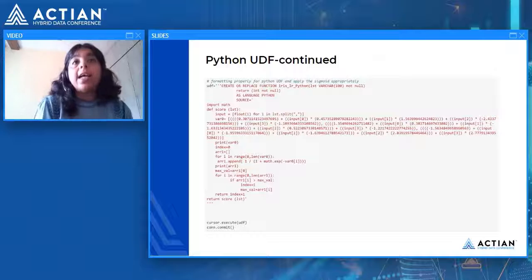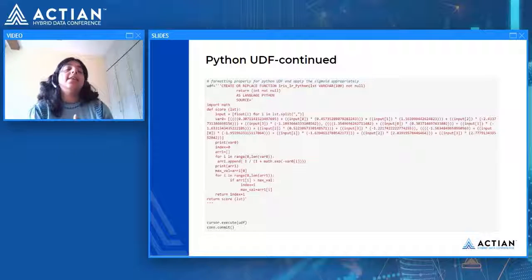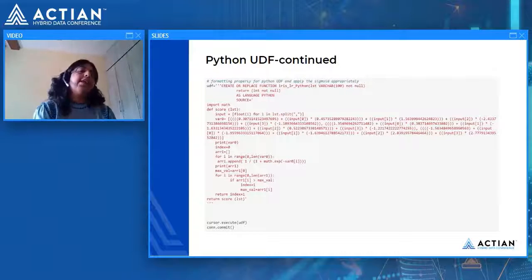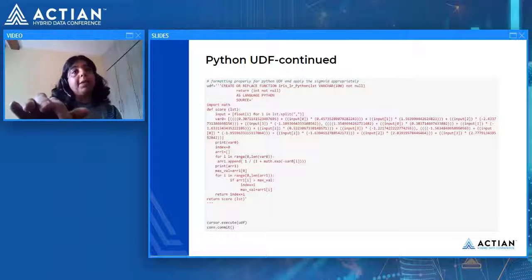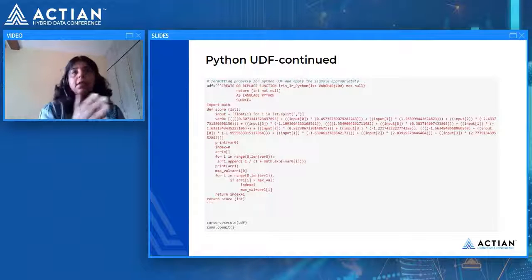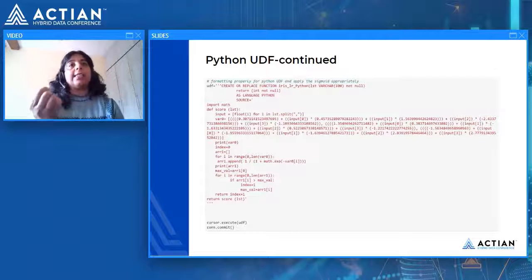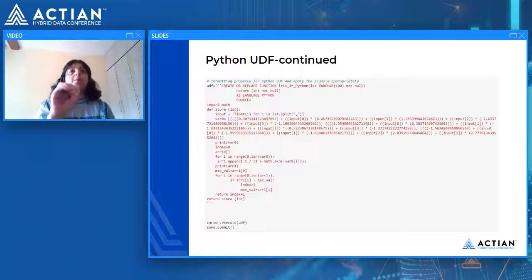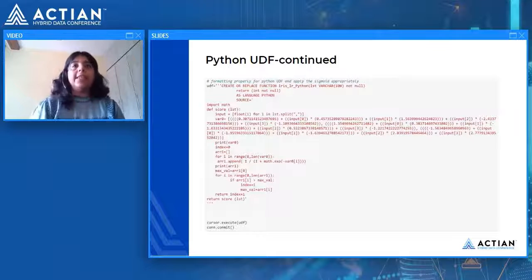And then whatever value I get out of it, I check which is the highest value. After applying my sigmoid, which just makes all the values between 0 and 1, suppose I get output as 0.1, 0.2, 0.3. The next line simply picks up the highest value in that array, and I return the index which has the highest value, and that is my classification for the class. And this is how my final outcome of my UDF is there.